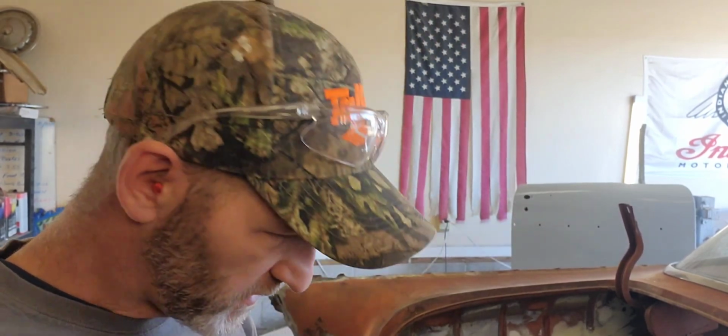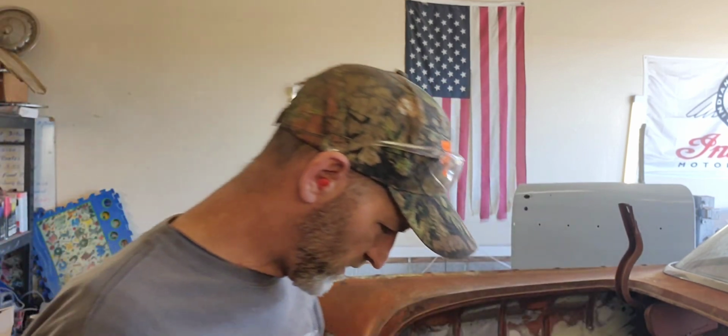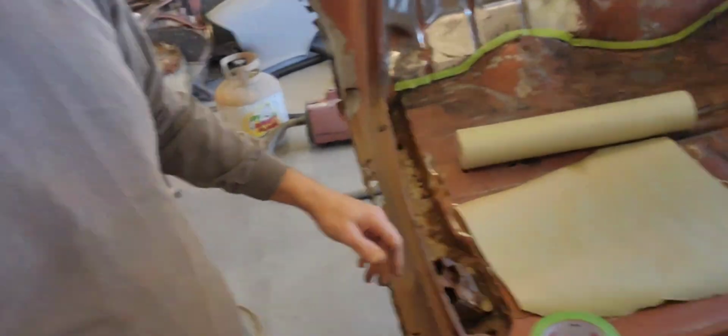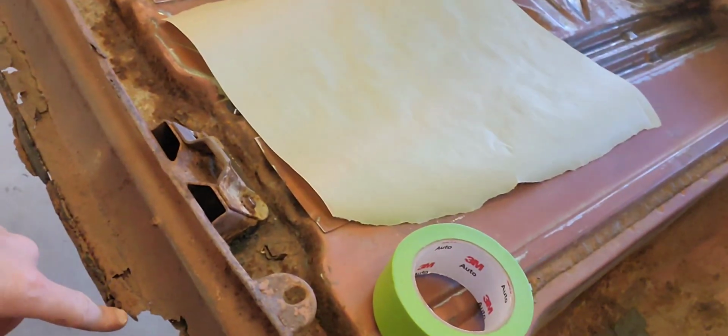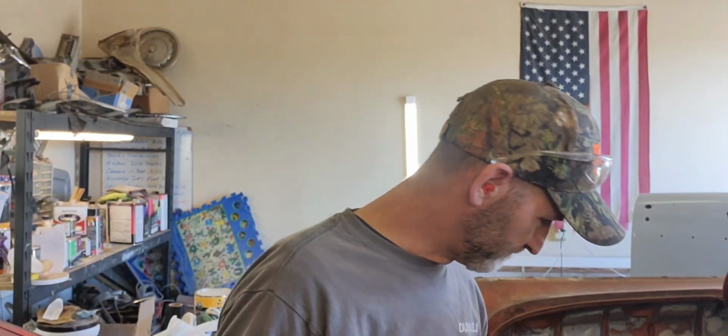Boy, I just cut the living crap out of my finger. Didn't even know it on this piece of rust right there. That finger is as dead as can be. I have no feeling in it from here down, from here towards the fingernail anyway. When I was